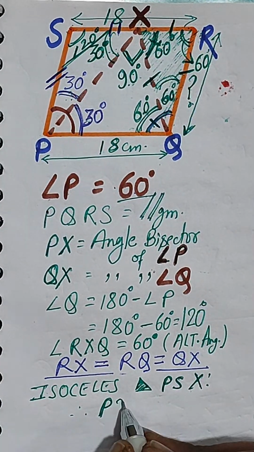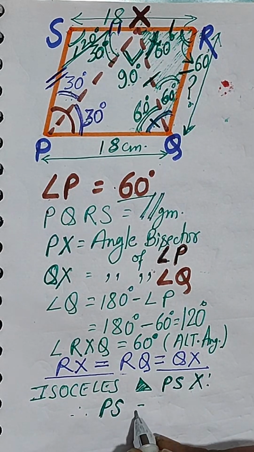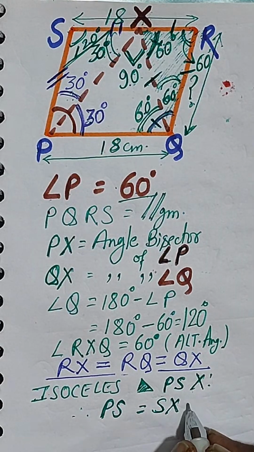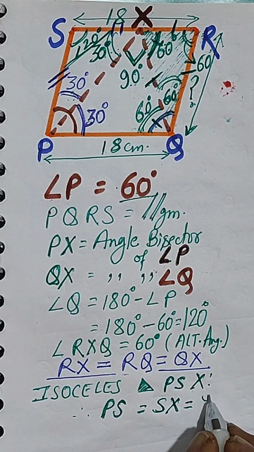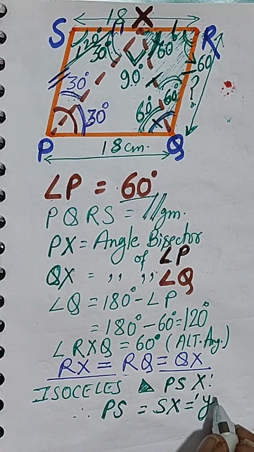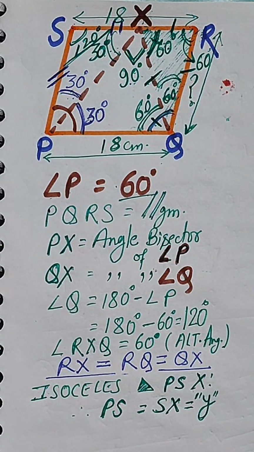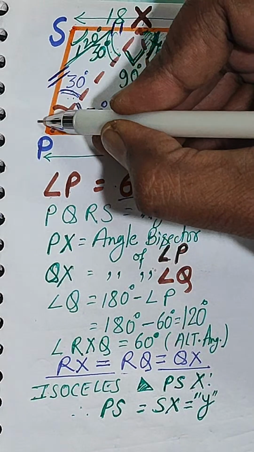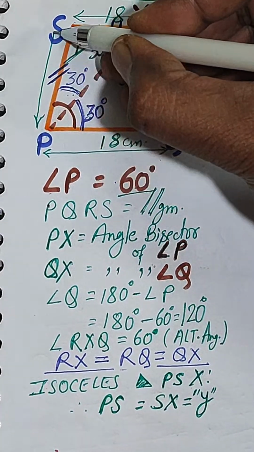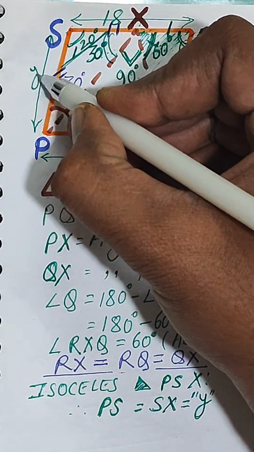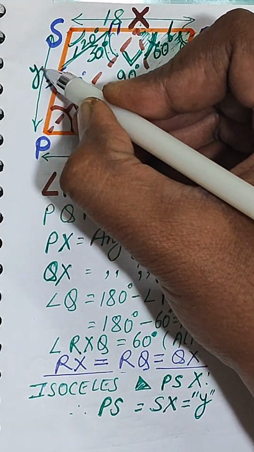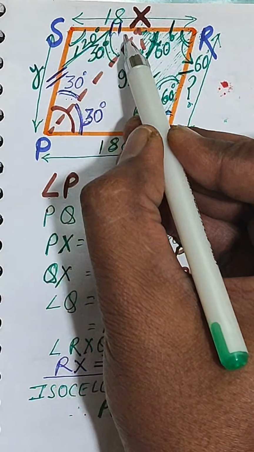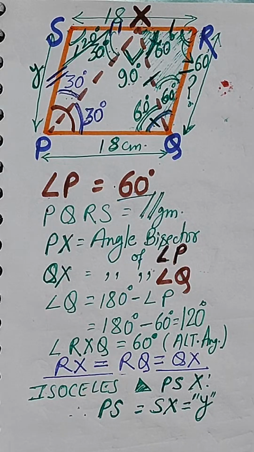Therefore, we can write PS as equal to SX. Let us say this is equal to Y, right? So, if this is equal to Y, then definitely SX will also be equal to Y, because